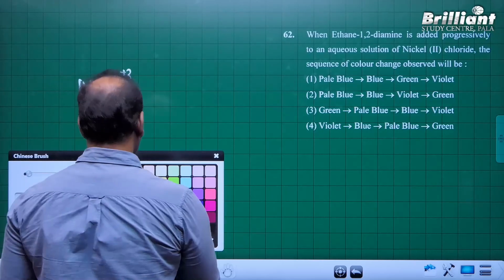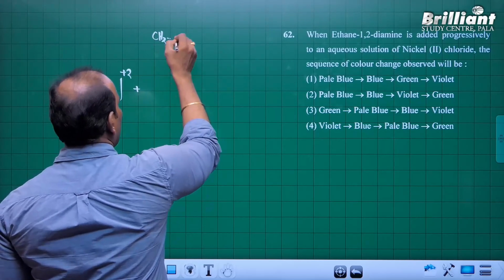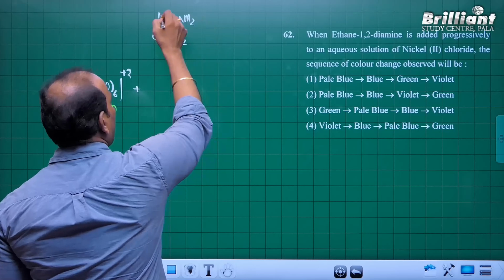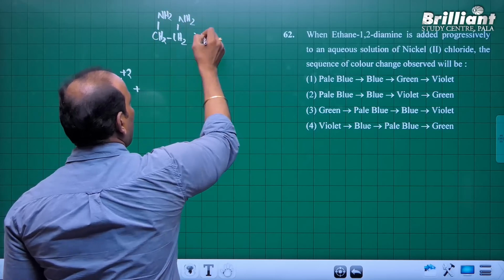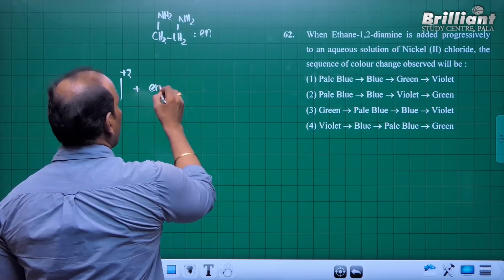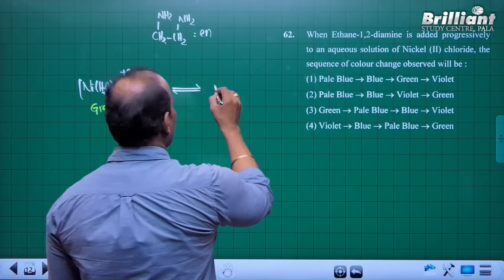Green is treated with EN, ethylene diamine, CH2 CH2 NH2 NH2. This is called EN, ethylene diamine. When 1 unit participates, you get